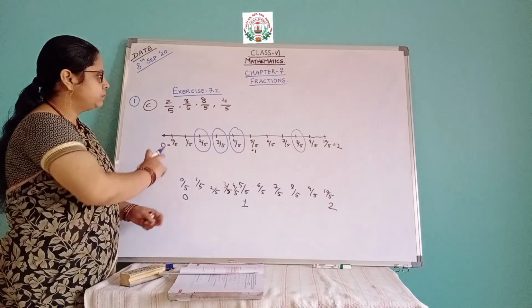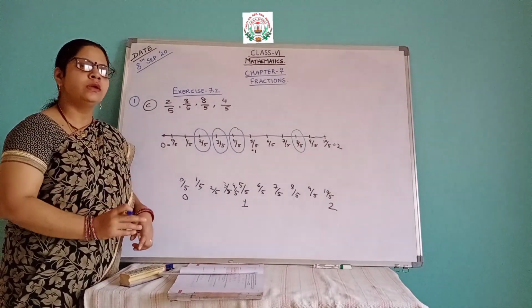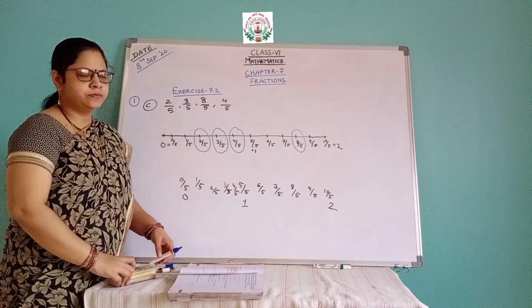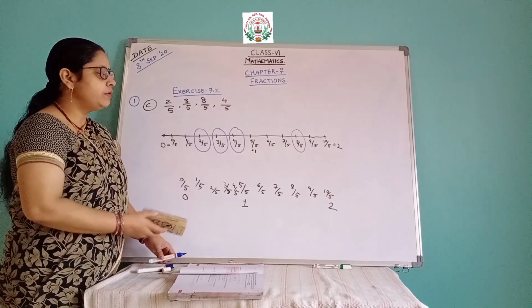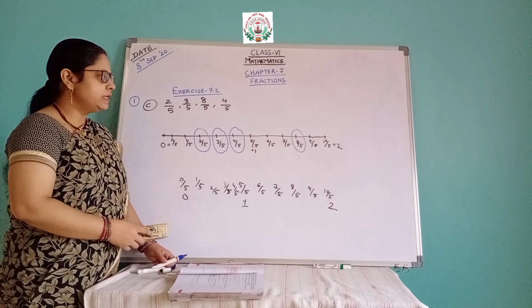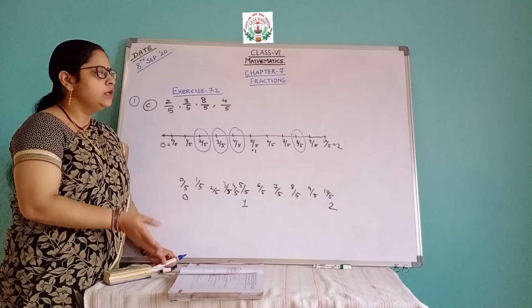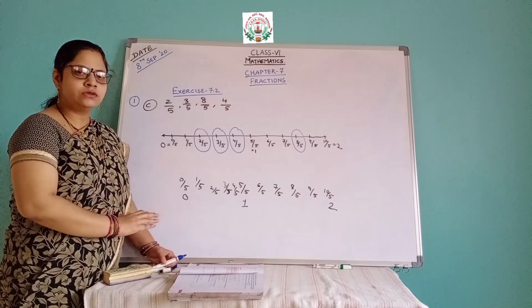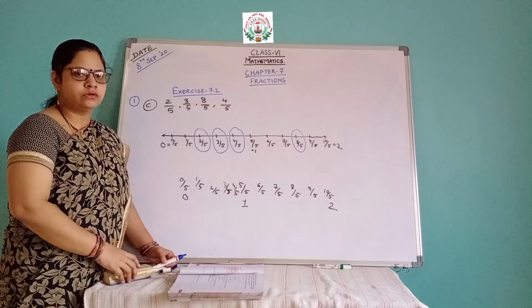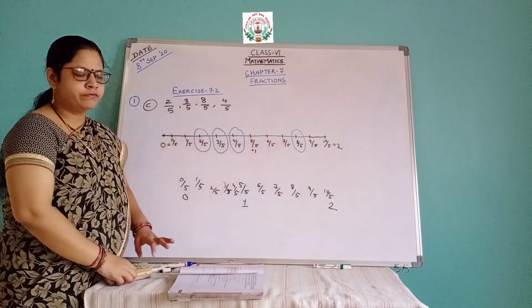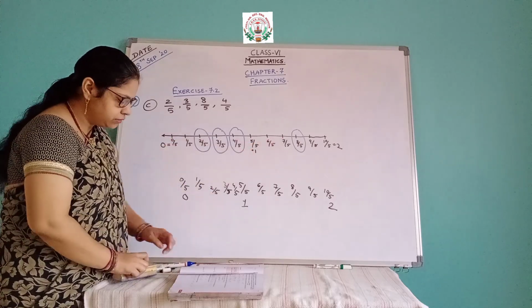Just see between which two numbers it comes, it will be between 0 and 1. Or else, if it is not coming in between, you have to go up to 2 also. If it is not coming in between that also, you have to go up to 3 also sometimes. So this question is completed up to 2 that you have taken. So here it is, the first question.